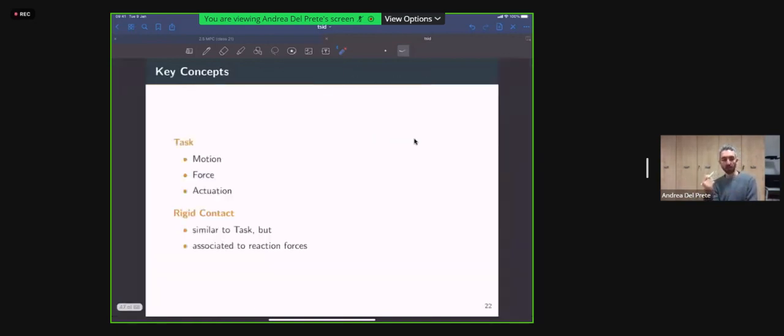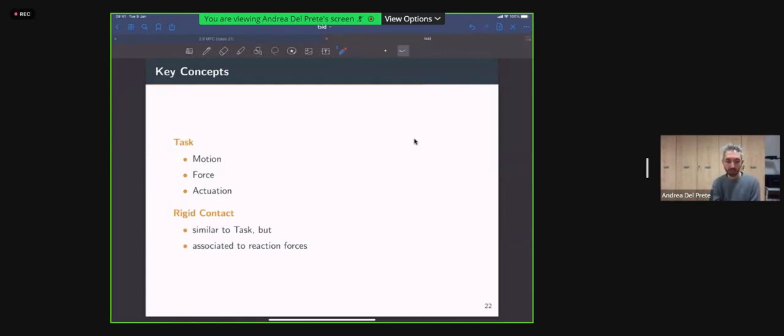Another key concept of the library is the concept of rigid contact, which is quite similar to a task, but on top of that, it introduces reaction forces into the optimization problem that you want to solve. So it's different from a task, so we need to model it with a different object.